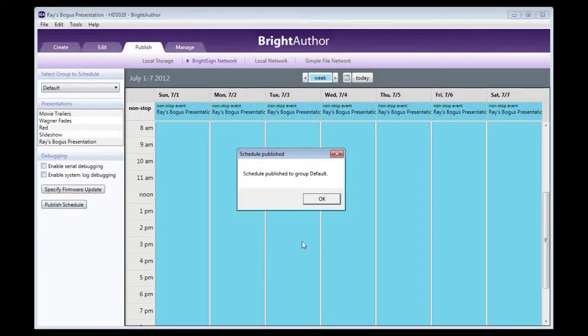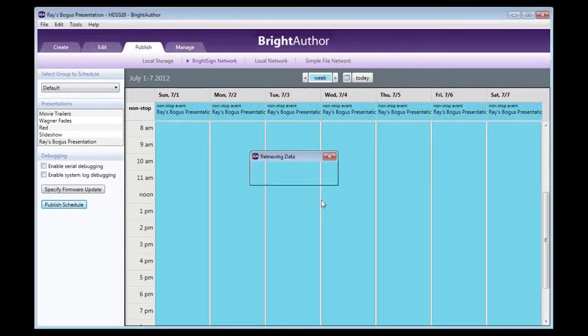Yeah, it's been published. Let's go check the group. Again, I'm still using the BrightSign network. And one of the features of the BrightSign network is this ability